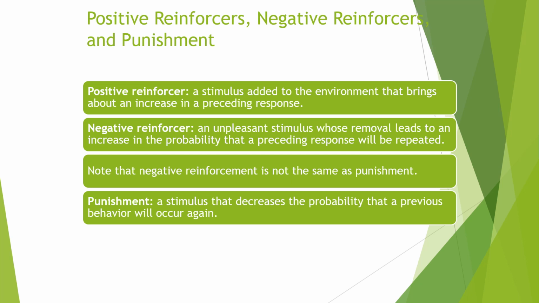Now, negative reinforcement is a little bit different because it doesn't sound right. But think about those four things you wrote down. With a negative reinforcer, an unpleasant stimulus is taken away, which leads to the likelihood that you're going to perform the behavior again. So you're usually taking away something bad, something the individual does not like. But remember, it's reinforcement, so you want the behavior to occur again.